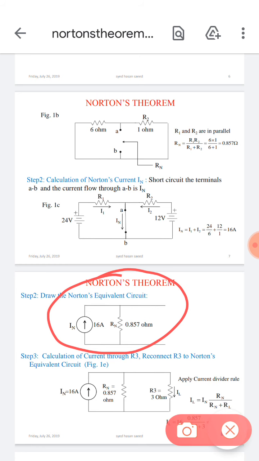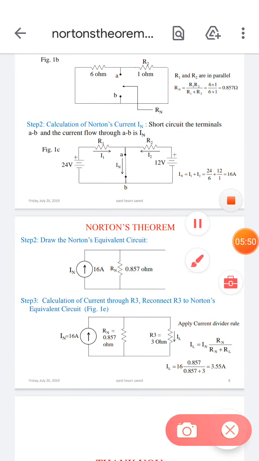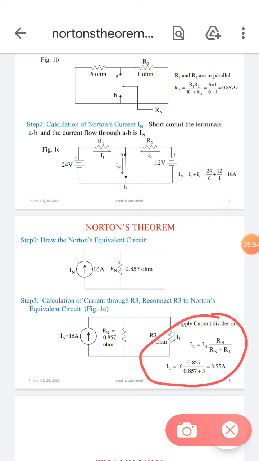The next step is to calculate the load current through the load resistance by using the current division rule, or current divider rule. This is the basic